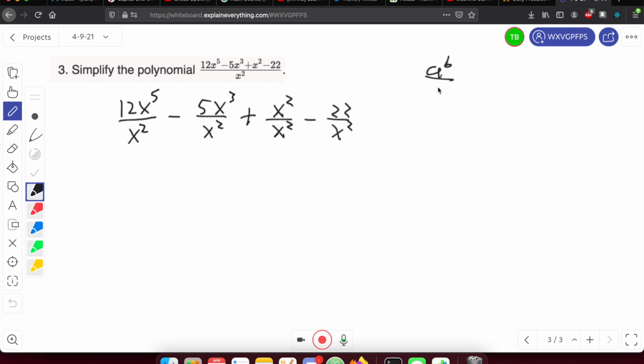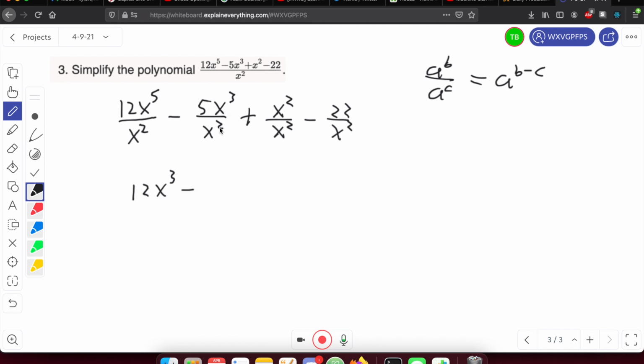let's say a to the b over a to the c, with the same base, basically. When we're doing something like this, what we're really doing is a to the b minus c. We want to subtract the exponents if they have the same base. So for this, since we have an x in the numerator and an x in the denominator, we just subtract their exponents. So we have 12x, 5 minus 2 is 3, so 12x to the 3rd,